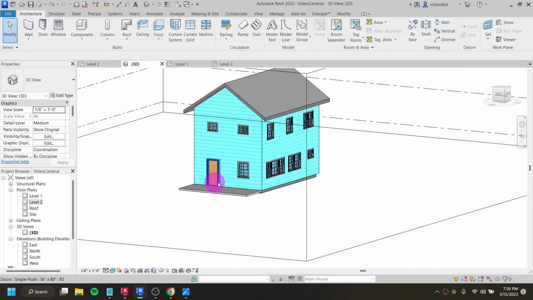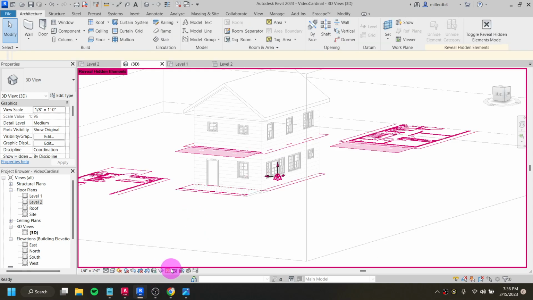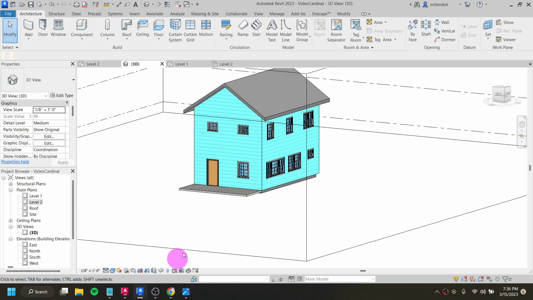For my roof here, that's sloping here, do I want to do it by extrusion? Well, I'm trying to think what I did in the preview thing if I did it by extrusion. I know I did this one by extrusion, so we'll do this one by extrusion as well. Why not? I like to do roofs by extrusions in the 3D view,